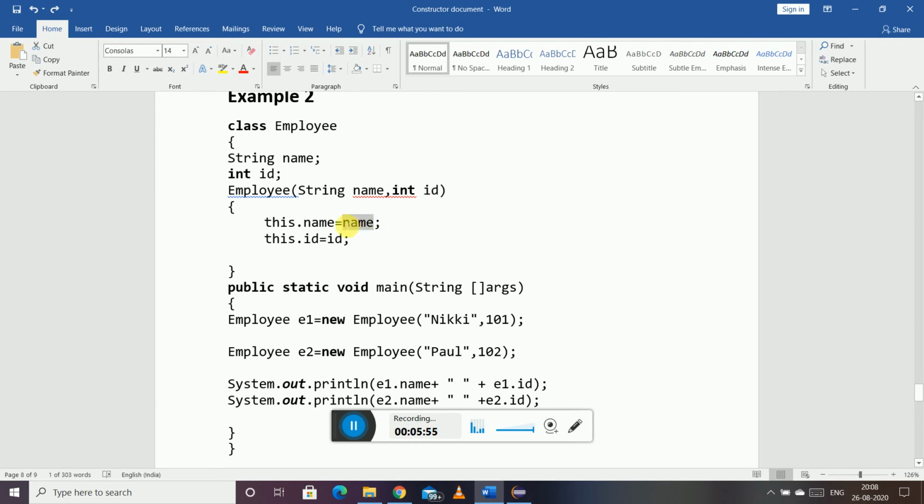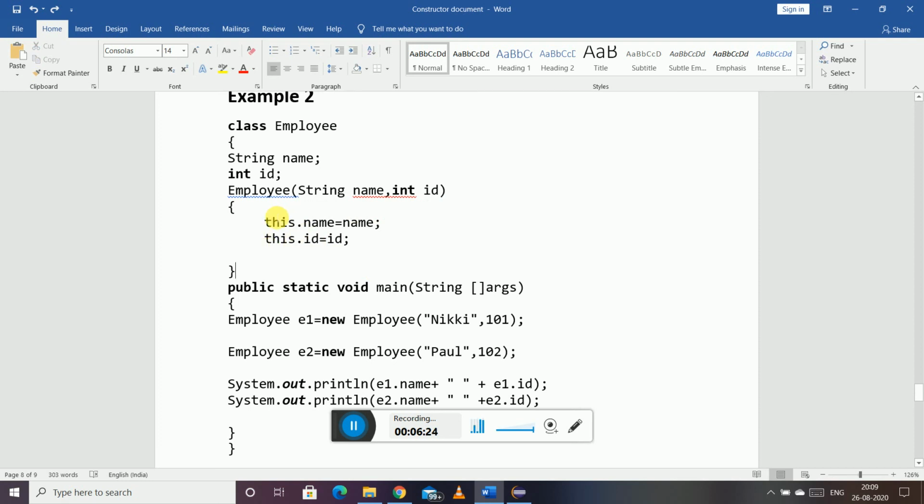Nikki will get stored in the instance variable name, and 101 in instance variable id. And when the second object calls the constructor, then Paul will get passed to name and 102 to id. So in this instance variable name, the value of this parameter name, that is Paul, will get stored, and 102 will get stored in this instance variable id.